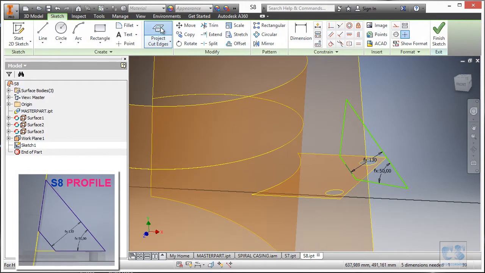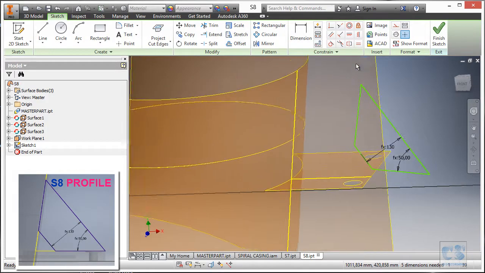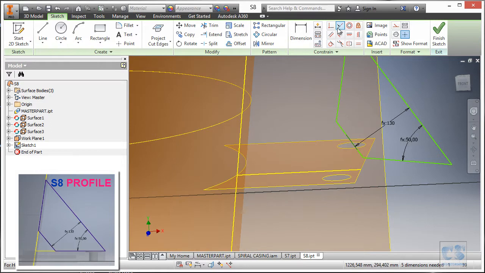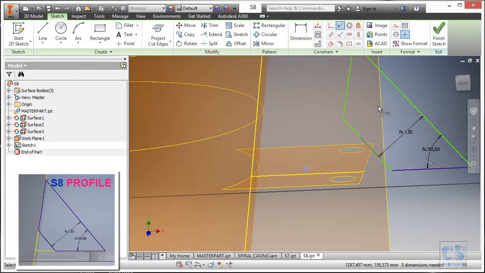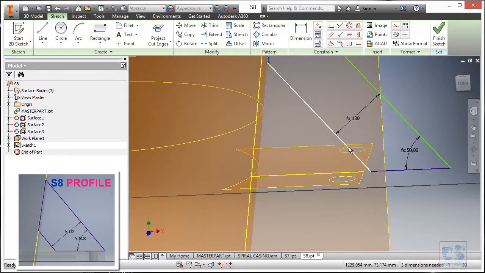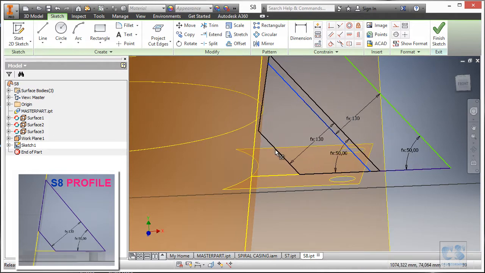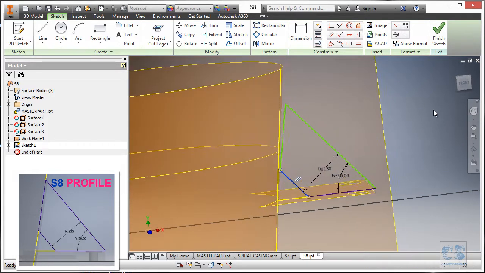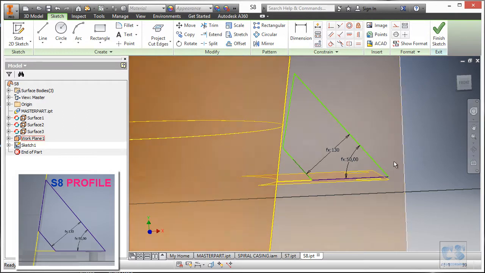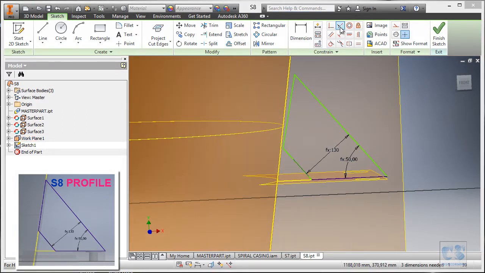So now let's project the cut edges, and first thing we'll do is to connect this to this, and we will move this close, and maybe this close to here, and this like so. And let's see, this to this, and this to this.